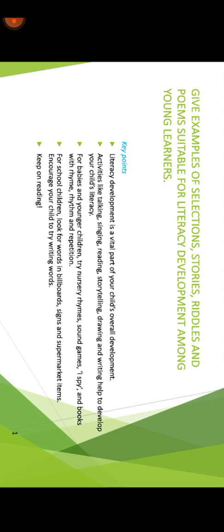It is a part also of developing the literacy skills of the students. By just looking at the billboards, the signs of the roads, the supermarket items, it also helps